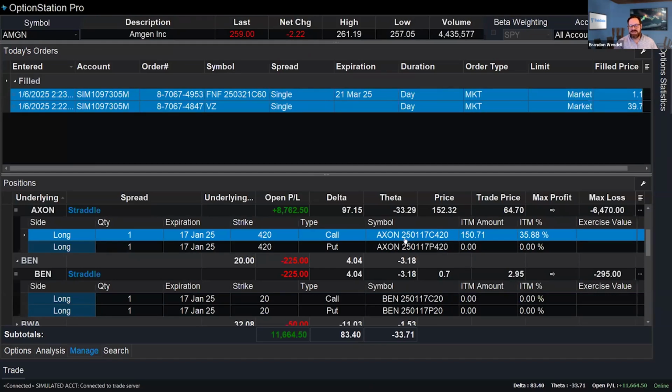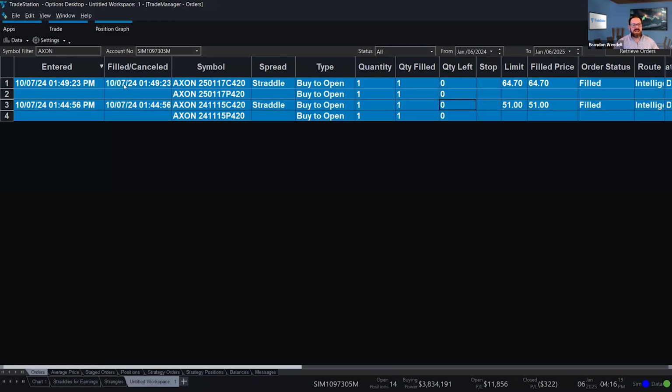Sorry, it's the year, month, day, call or put. That's how the symbols work at TradeStation. Then it gives you the strike price. So the strike price is $420. And basically, as you see, I entered this back on the 7th of October, and it shows both were filled. It's really weird because it shows 2 different positions, but only one that I currently have. So whatever. Anyway, I know this is when it was actually entered.